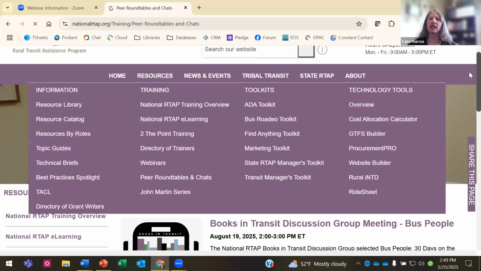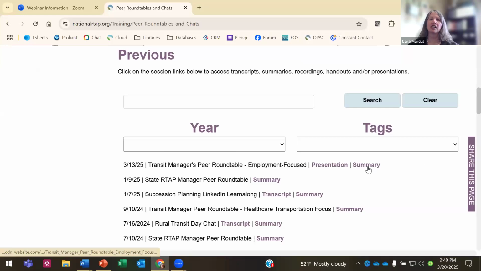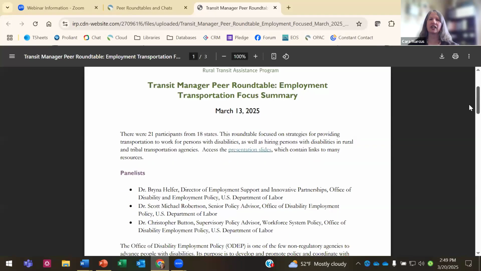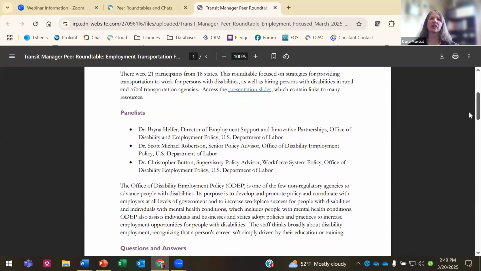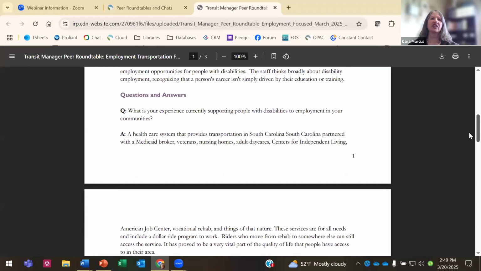So even if you are not in the group and you want to read about what transit managers are talking about, you can go to the summary. Like this one was just recently about employment transportation. After the summary, we list the questions and answers. So if you're a state and you can't attend the transit manager one, you can still read about it, vice versa.